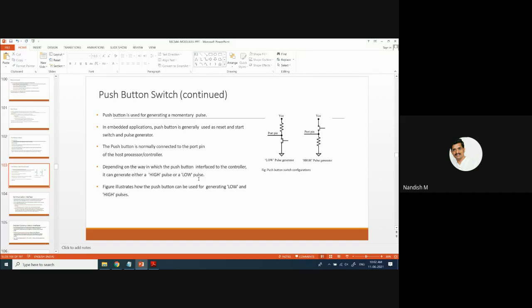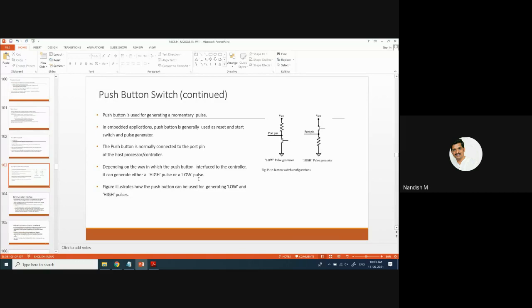In that we have discussed some of the input output devices: LEDs, 7 segment display, optocoupler. After that, there is buzzer, switch, relay. These are the things we have discussed.